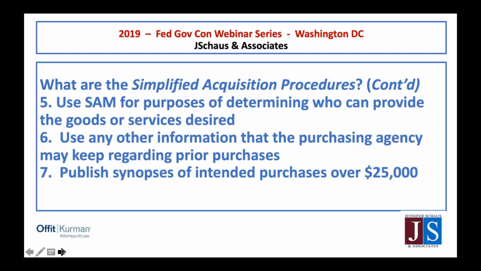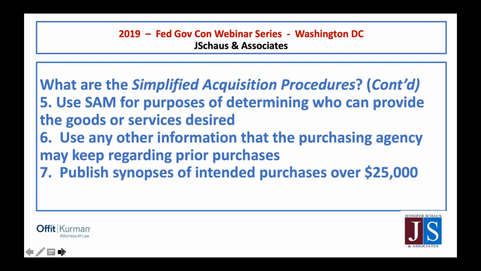How does the contracting officer go about its business in terms of implementing these procedures? Well, as a primary resource, they'll look at the System for Award Management to see if the good or service that he or she wishes to procure can be provided by businesses that are found through SAM. If you're a small business, for this reason, for lots of other reasons, but for this reason in particular, you want to make sure that your representations and certifications are up to date, and that if you're a small business of a particular type, that's identified in the System for Award Management.